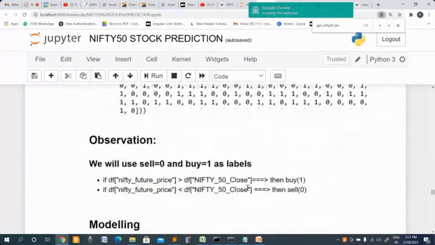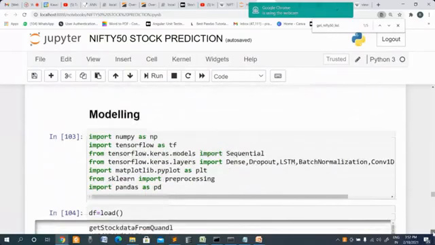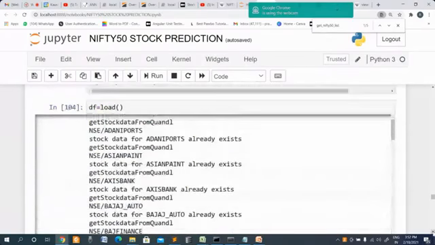We will use sell equal to 0, buy equal to 1. If the Nifty future price is greater than the close price, then it is buy, otherwise sell. Then we are going to do the model building. Here we are going to use an RNN, a recurrent neural network, and build this model.